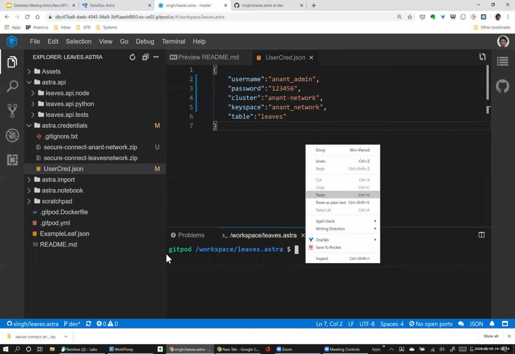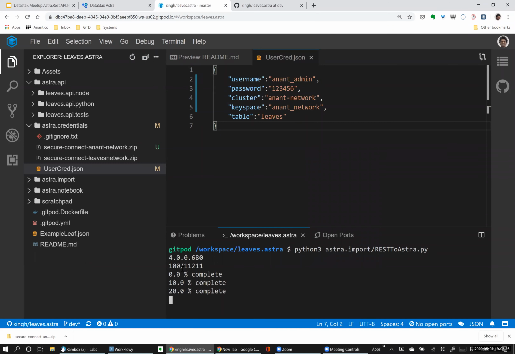And looks like it connected because it got the version number for Cassandra. It got 100 or so links out of 11,000. And it's starting to send it over. So that code, we're going to take a look at it in a second, but what it did was, if we go to our CQL console,